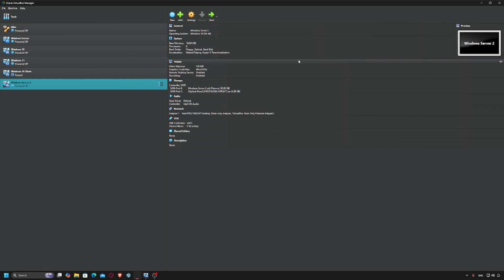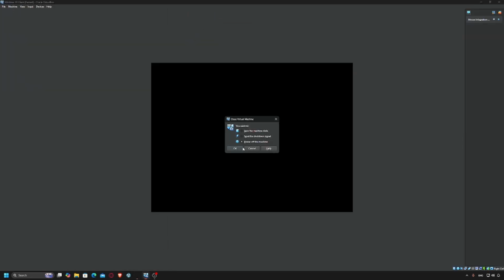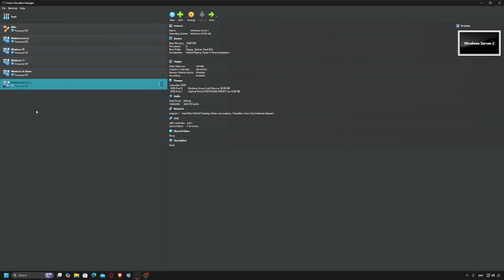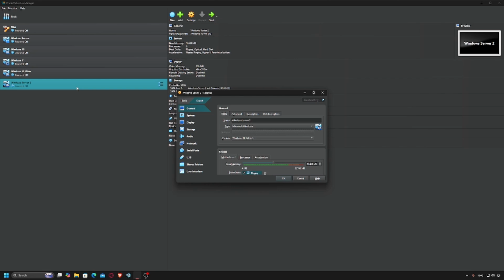So before we power on our machines, we are going to have to change the network settings for the machines. We can either right click on the machine and go to settings, or we can click settings right up here. So I'm going to go into settings for my second machine, that is the server, and I am going to network, and in adapter 1